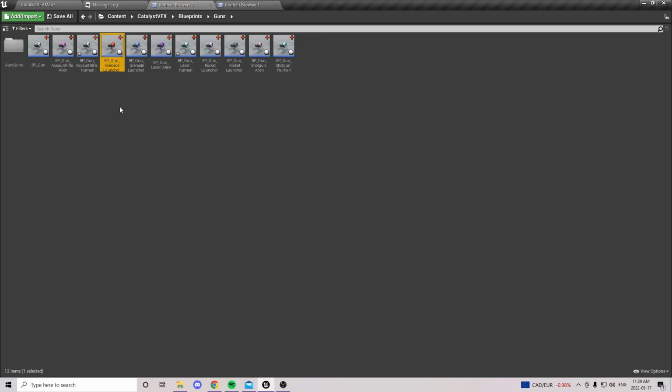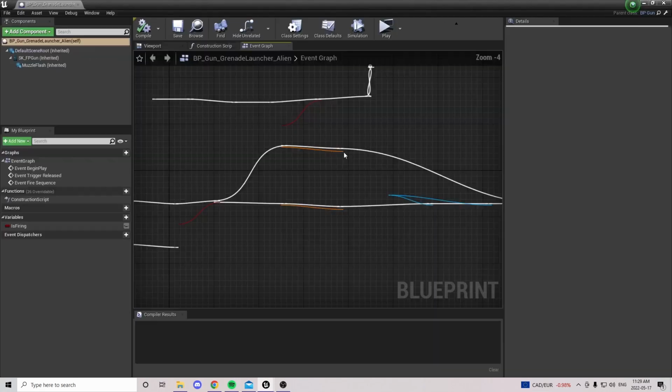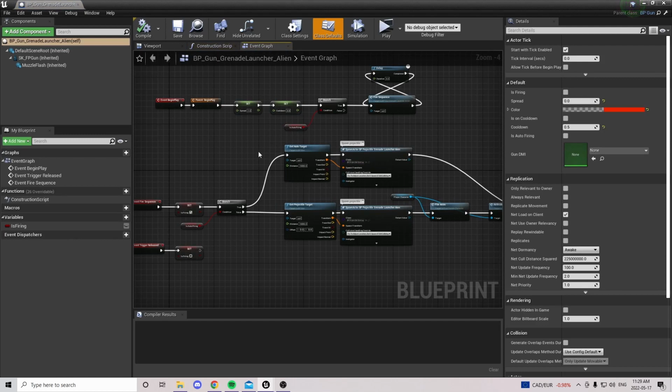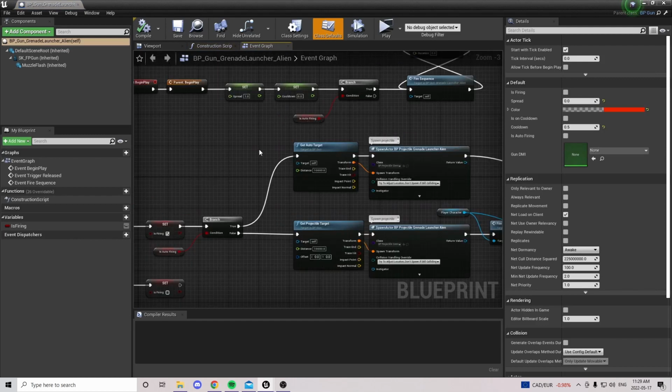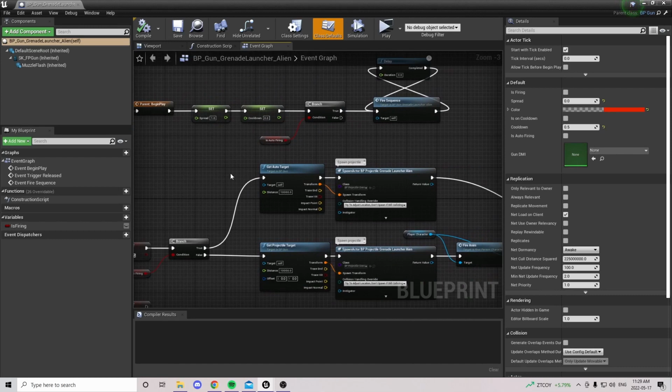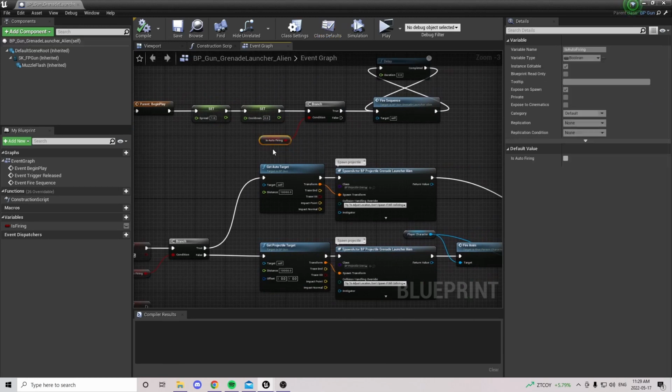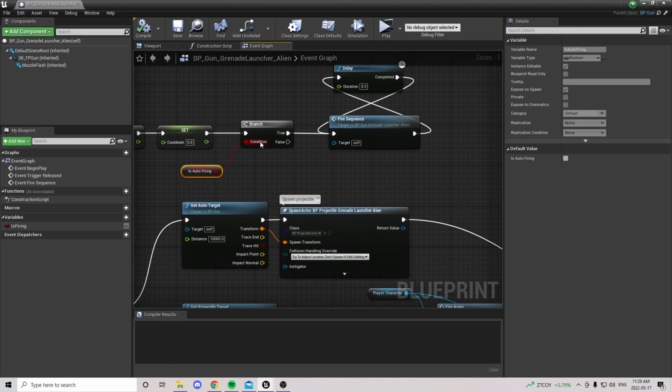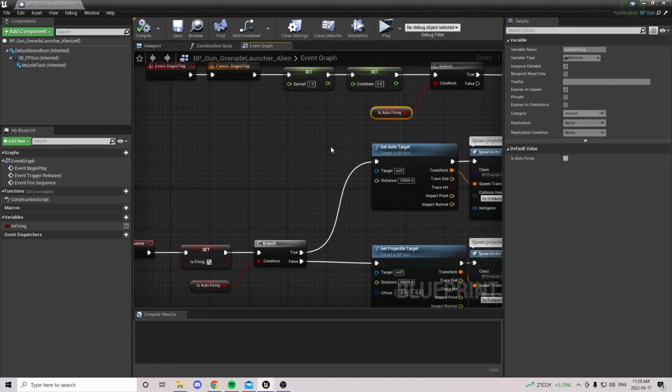One final thing with the BP guns is some of them have been set up for just auto firing. I set these up for video taking purposes and testing purposes to see it from different angles. I haven't done it for all of them, but you can continue to do that for all of them if you want. For some of them, you can see some of the logic in here. There is an is auto firing bool, which then just hits the fire sequence, has a delay, and then just keeps hitting it every time over and over again,